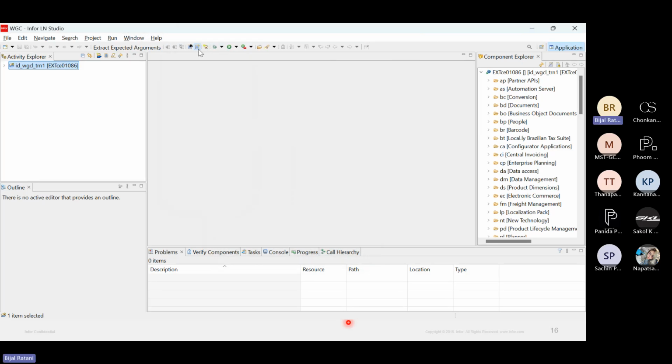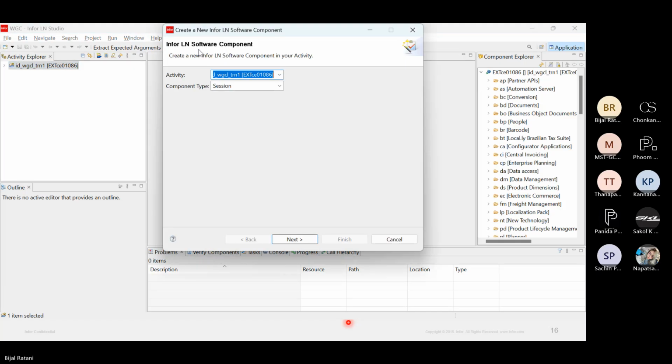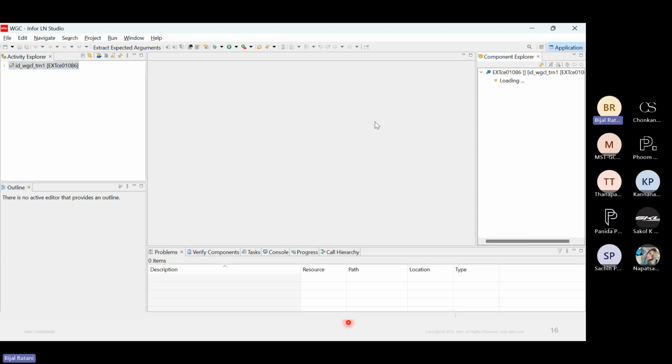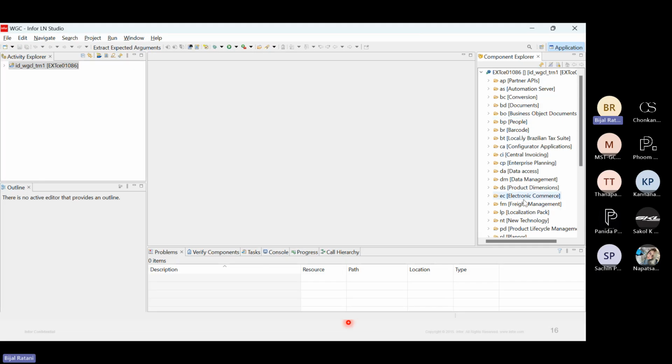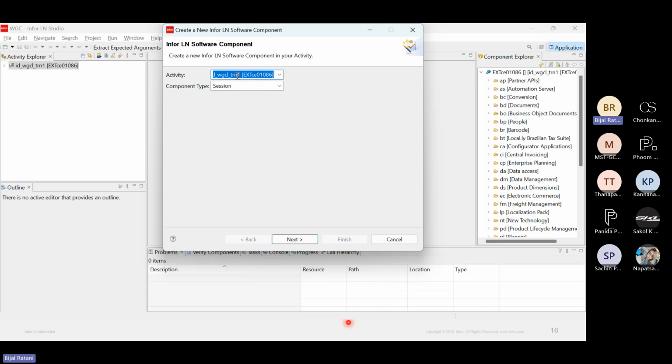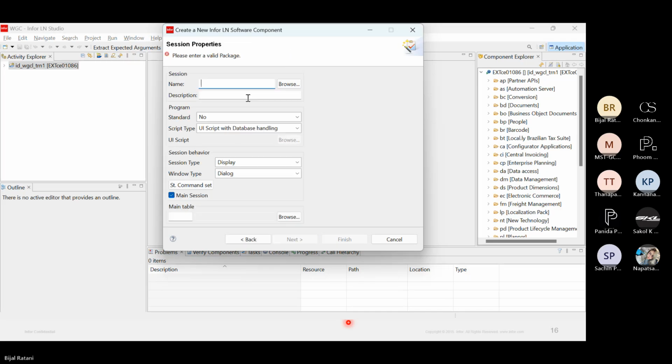Now let me try to add a component. Okay, let me actually refresh the content of my development server here. So we have added a new module, right? So for the module to reflect in my LN Studio, I have just refreshed the connection. Let me now see if I can create a component in TRN. So again, the same process. I've selected the activity and code. I say next. I will enter TX as my package, TRN as my